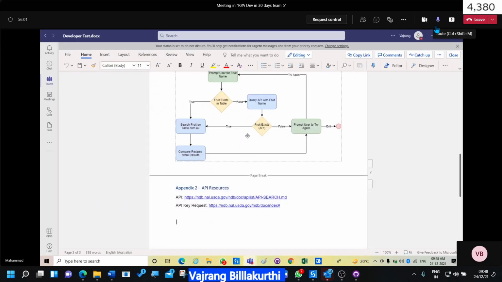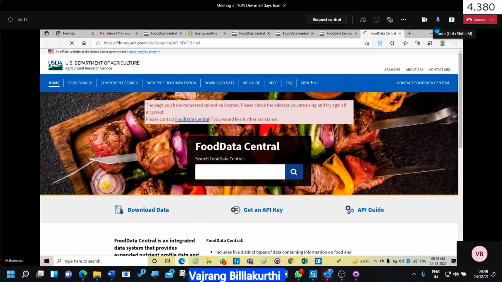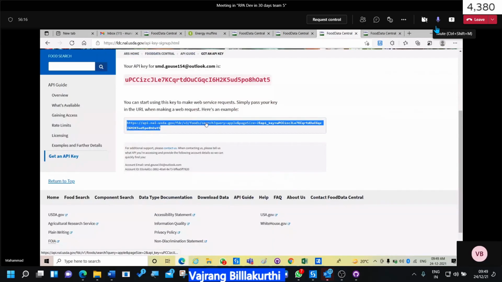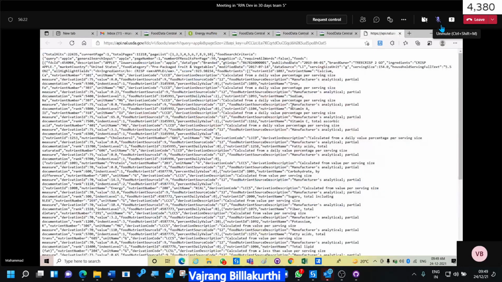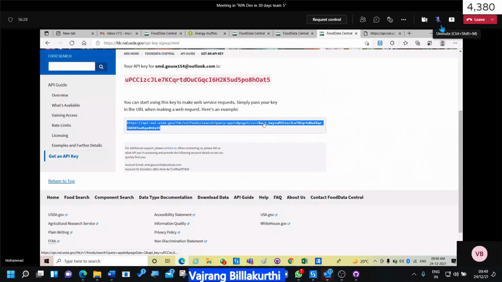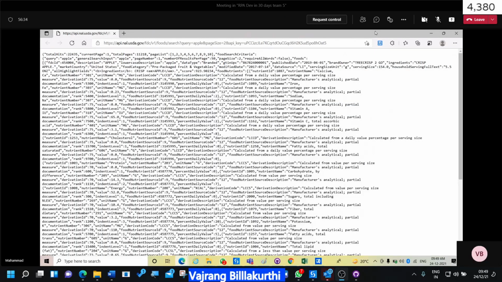First URL is there. In addition to this, we need to add this one, Vajra. Yes, Vajra. I just clicked on new tab. This is a response. Yes, we need to save this file into a text file.